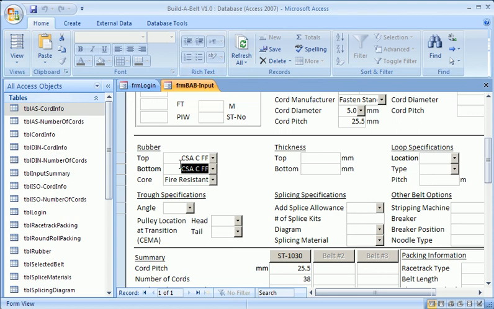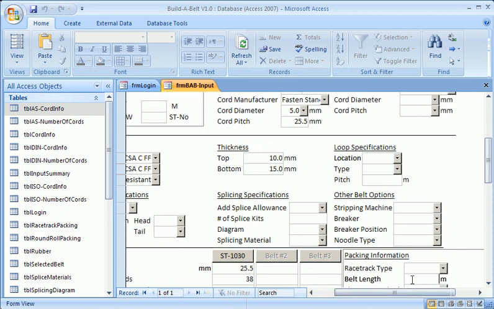You can see CSA automatically changed the top and bottom to match, and it also updated that it is not a standard core, now it's a fire resistant core. I can put in our thickness measurements, 10 and 15 millimeters. I'm not going to fill out all of this data. I will fill out our belt length, which